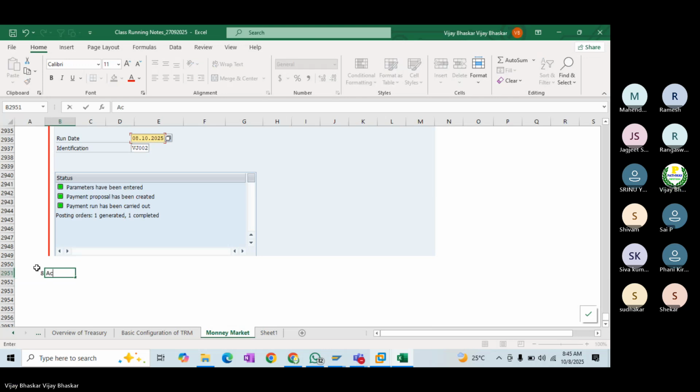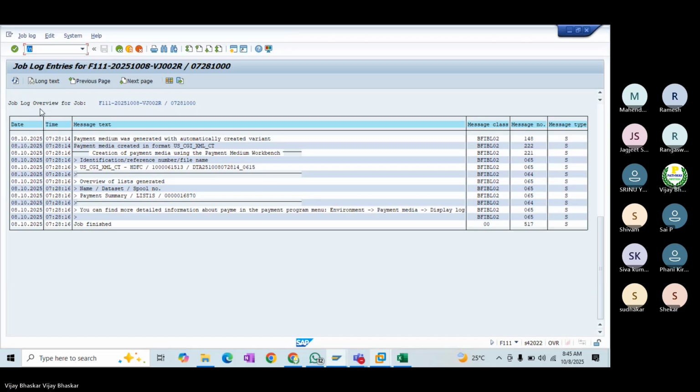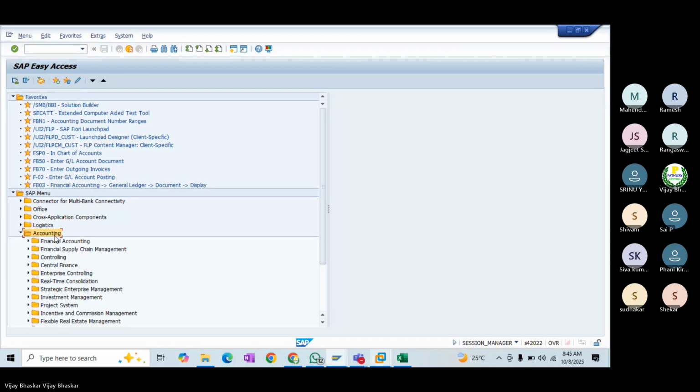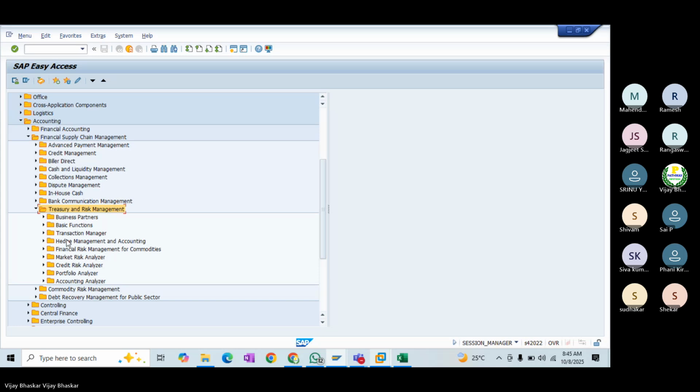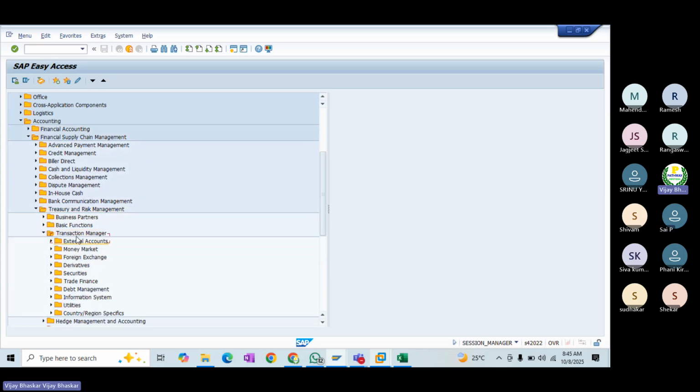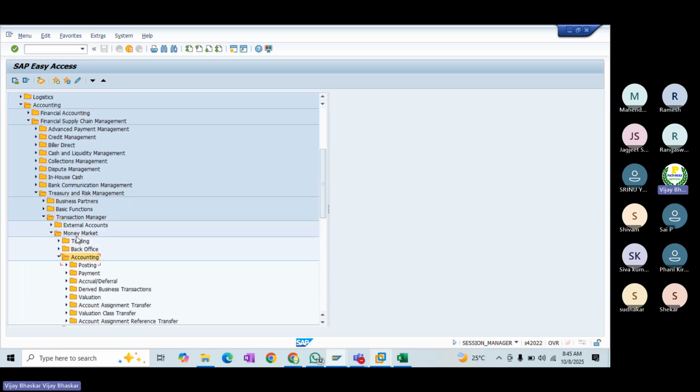Accrual and deferral. Okay, if you want to know the path: Financial Supply Chain Management, Money Market, Transaction Manager, Money Market, Accounting, Postings, Accrual and Deferral.